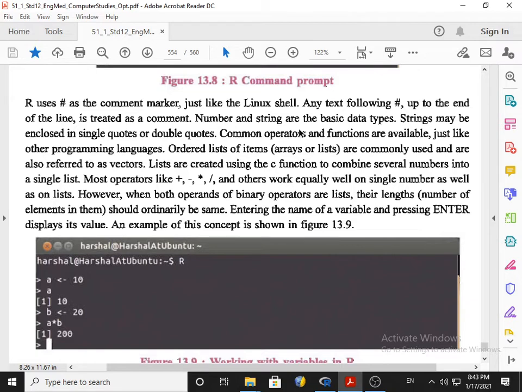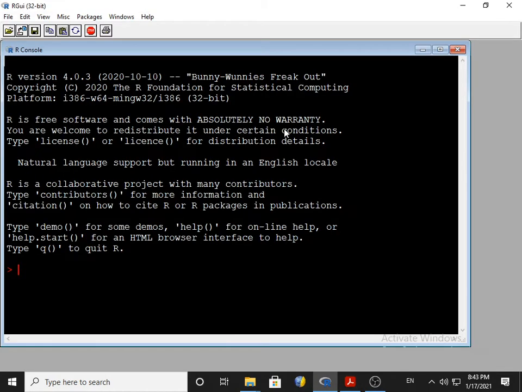Now number and string are the basic data types in R software. Either you can store a number or you can store a string. I want to show you. For example, if I write here X, then less than and dash, which looks like an arrow symbol, and then I go for 10, I am saying that 10 is the value of X. Okay, 10 is the value of X. Now this particular symbol is called the prompt. Okay, and prompt means it's ready to accept your instruction. Again, if I type X, it shows me 10.